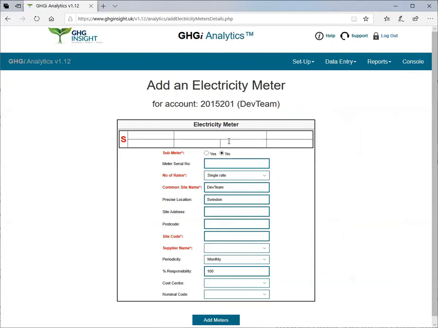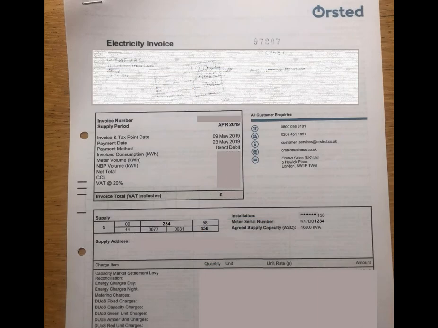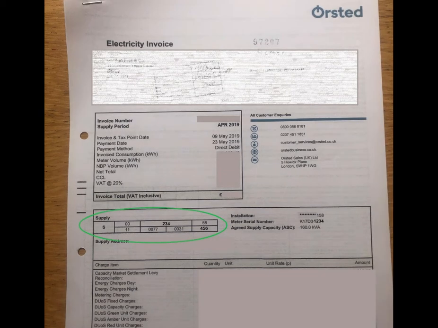Next, we look at an electricity bill. Your bill may not look quite like this, but it will contain the three pieces of information we require. I have anonymized this bill. The first thing is the supply number, also called the MPAN. You will find it in a multi-box grid as shown here. The MPAN stands for Meter Point Administration Number, and it uniquely identifies an electricity supply point, both for domestic and